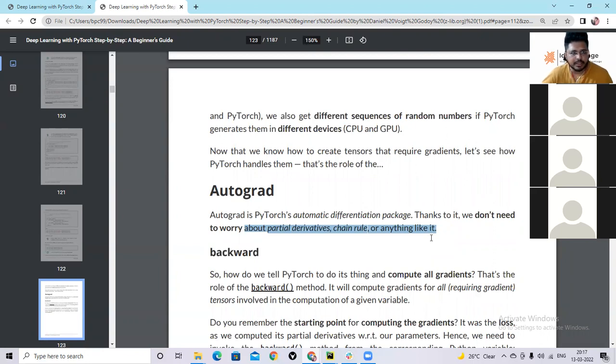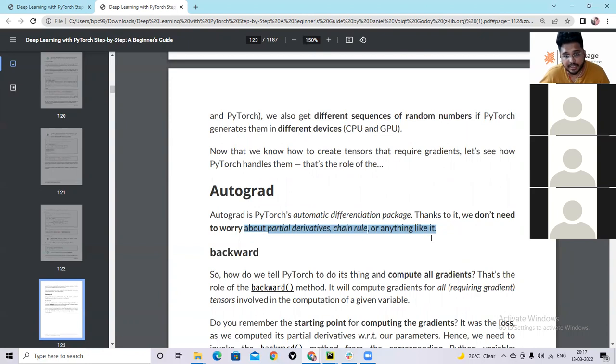Just by setting that flag, we are telling the PyTorch package that, boss, these are the two variables that need learning, and hence please calculate their gradients automatically. I don't care about partial derivatives and the chain rule anymore. It will do it by itself.